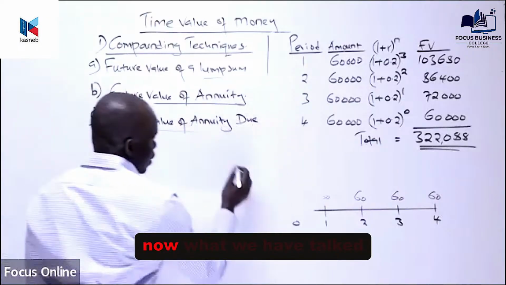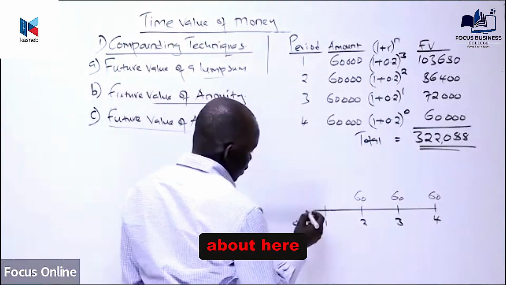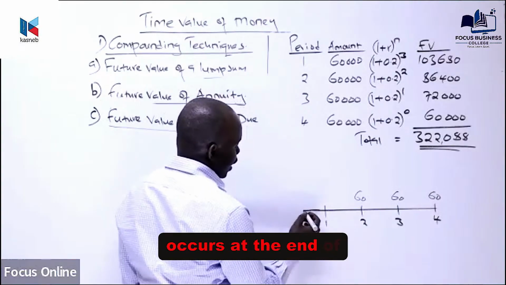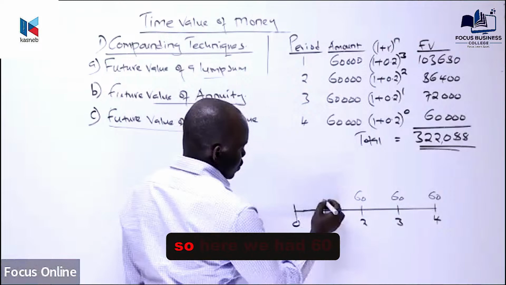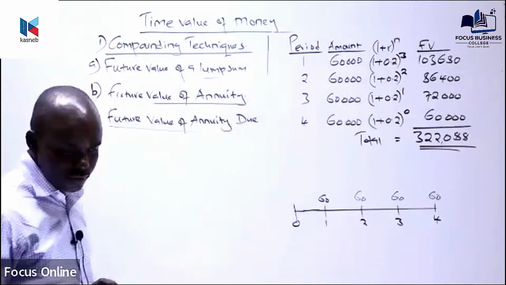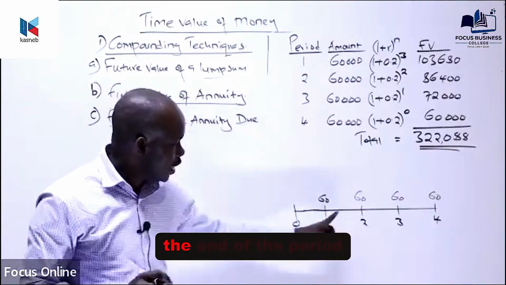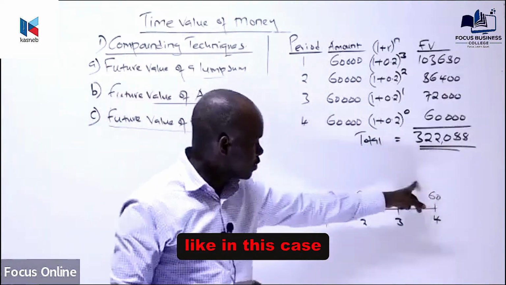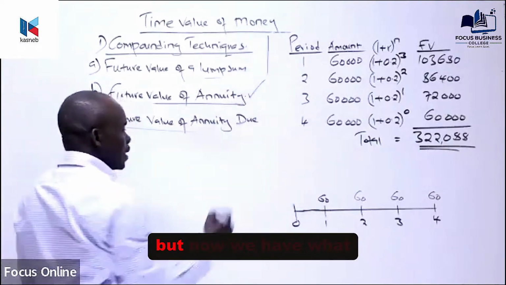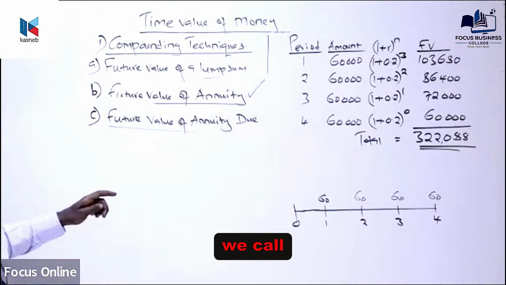What we have talked about here is an annuity that occurs at the end of the period. So here we had 60. If an annuity occurs at the end of the period, like in this case, that is what we've done in part B. But now we have what we call